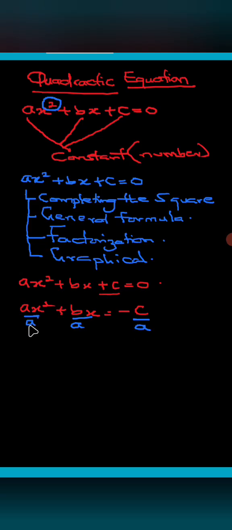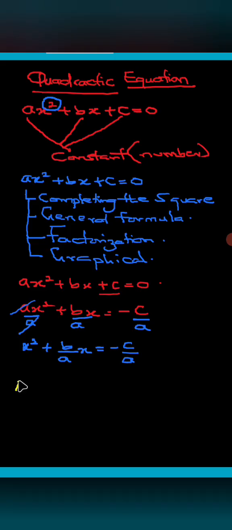So then this, we go for this. Then we are left with x squared plus b over a x equals minus c over a. Now the next thing we are going to do, this is where the completing the square is coming in, is